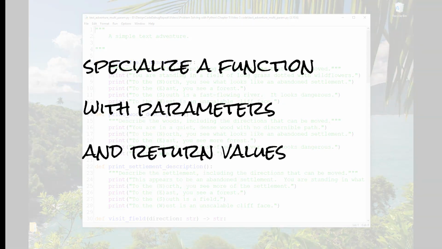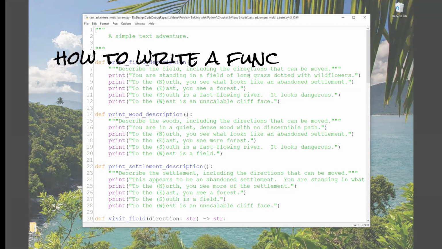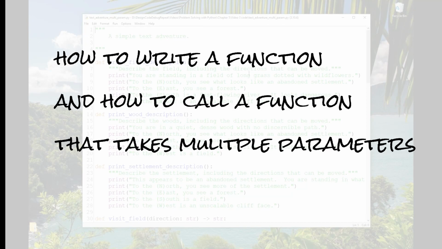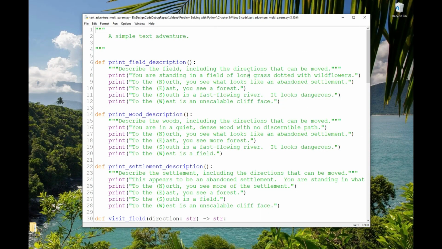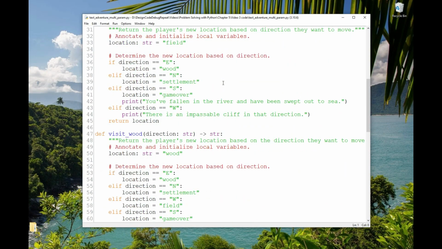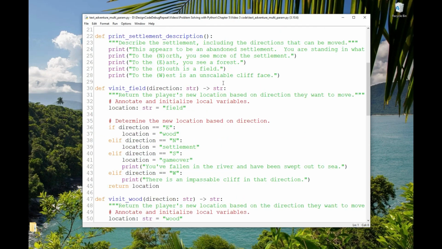In the last video, we talked about how to specialize functions with parameters and how to return values from functions. In this video, we're going to elaborate on that a little bit and talk about how to write a function that takes more than one parameter. Let's dive in. In the last video, we enhanced our text adventure game by adding a function for each location